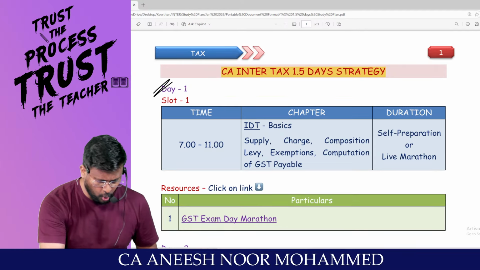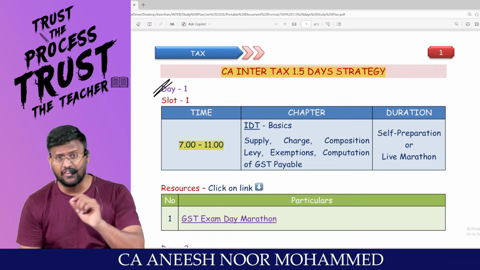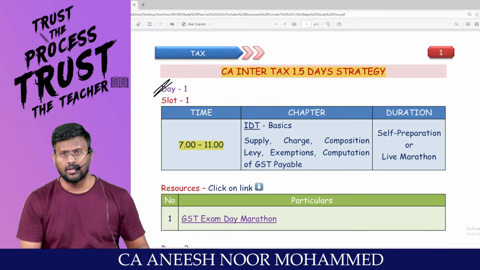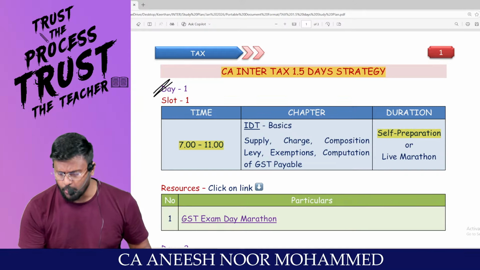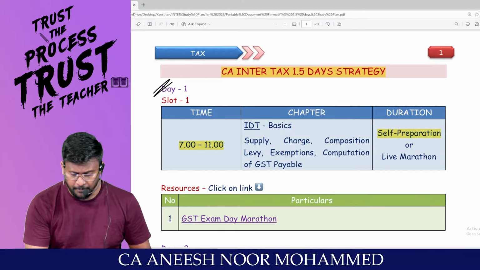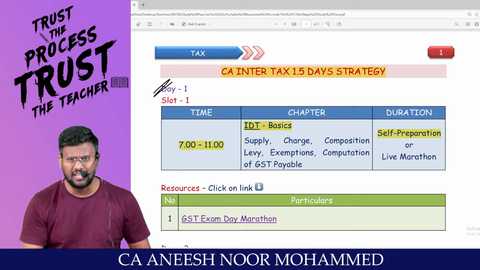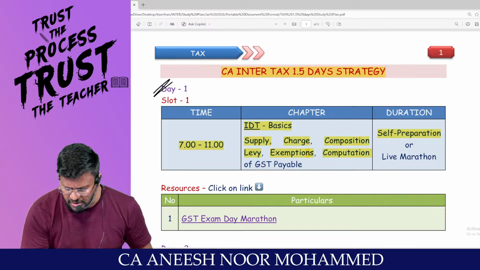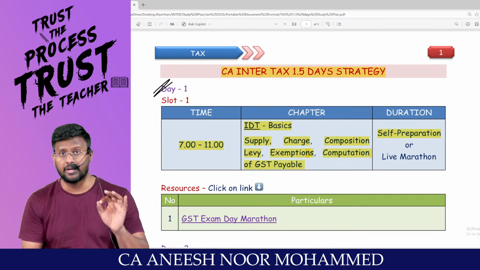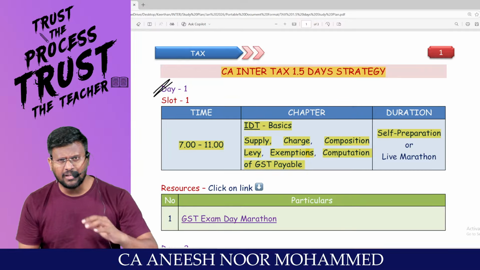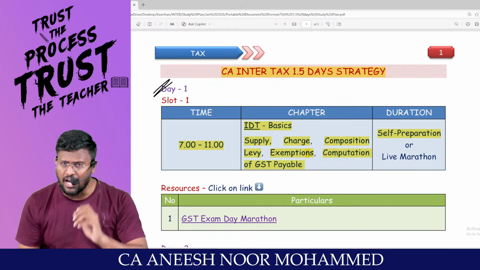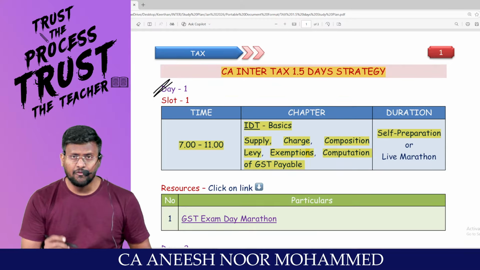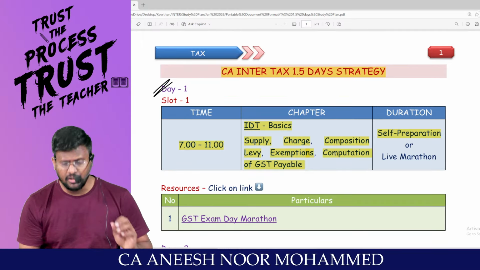You have to reach your home, and from evening 7 o'clock till 11 o'clock, you can prepare at home, self-preparation, the basics of GST, like supply, charge, composition levy, exemption, and the first 10-mark computation of GST payable. If you are tired and want a very quick recap from 7 o'clock till 11 o'clock,